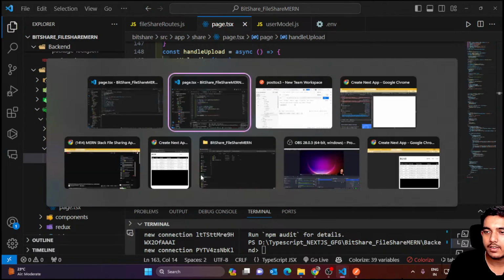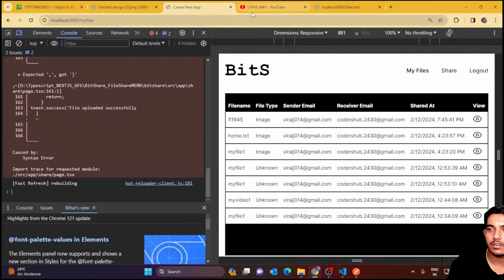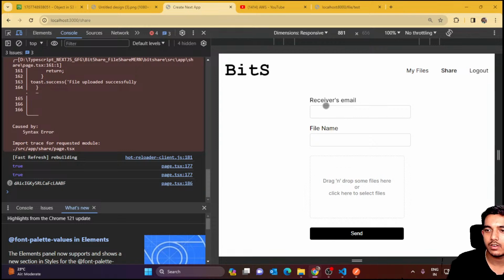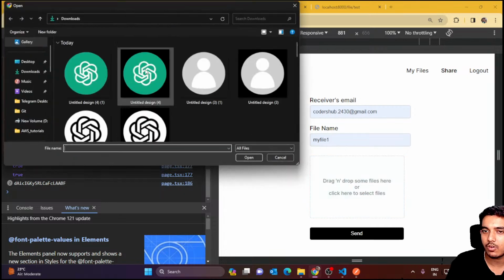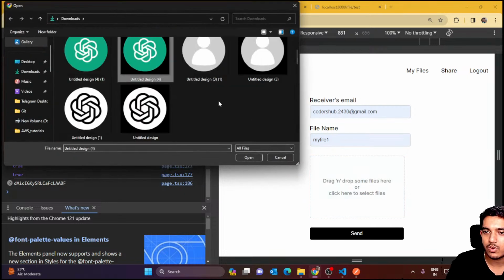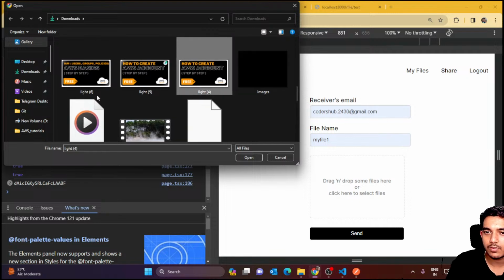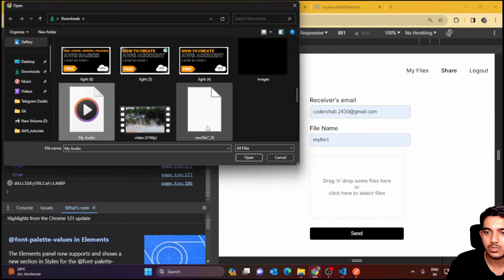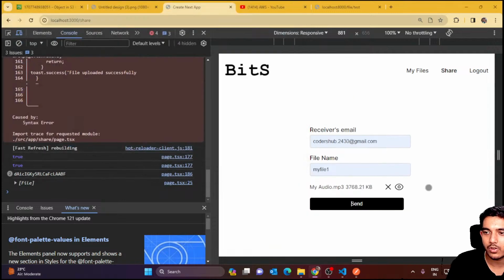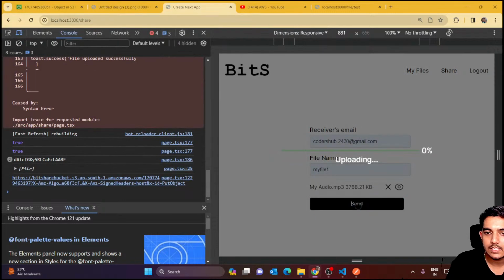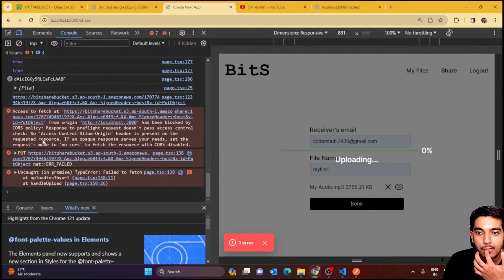Let's come back here and now let's test this. So if I go to share, and suppose this is the receiver's email, and this is the file name for now, and suppose this is the file which I want to upload. I'll just choose some unique file, this audio, my old audio. I'm just going to select this, send. There is some problem here. You can see that this origin has been blocked by